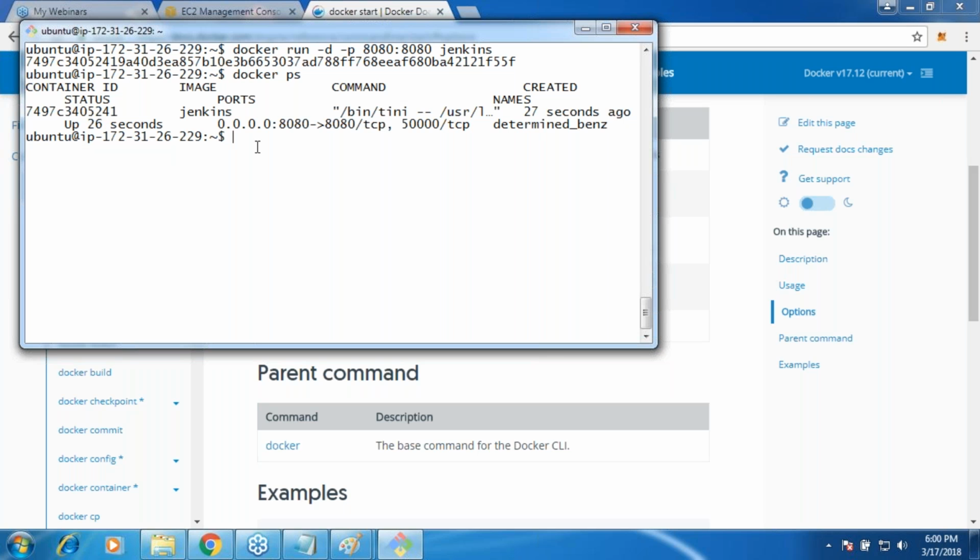Okay, and then I realize that this has to be run in foreground. Then what I can do is I can just say Docker attach. I think nothing is happening on that. So let us see. What is this machine's IP address?